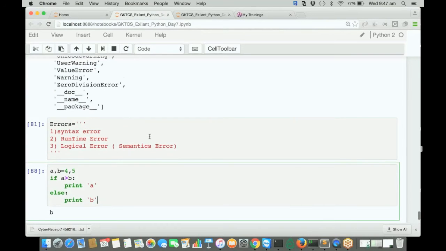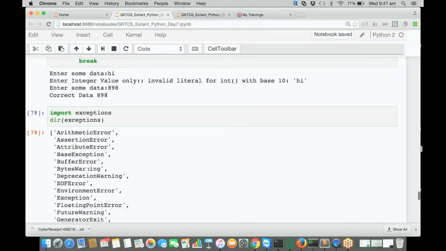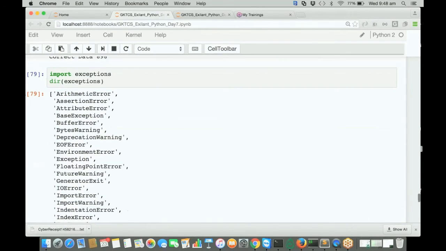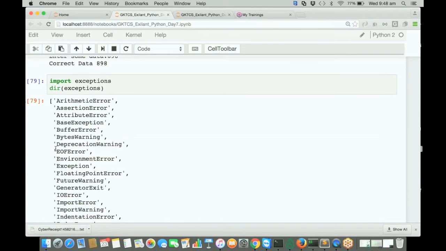right? Okay, so this is to give us some quick idea, and this is a basic concept actually, not something very advanced. So I don't want to speak much about the syntax error or the runtime error, all these things. Just to give the quick idea, exception handling is there to handle the exception, to understand the different types of error, like end of the file error. So when this end of the file error comes,